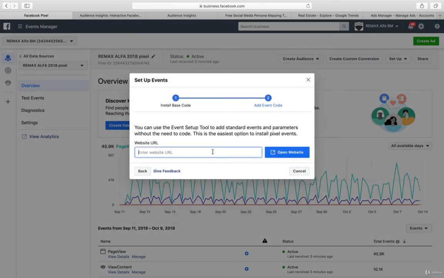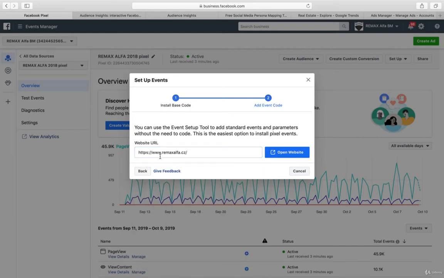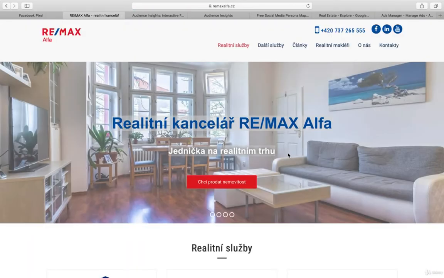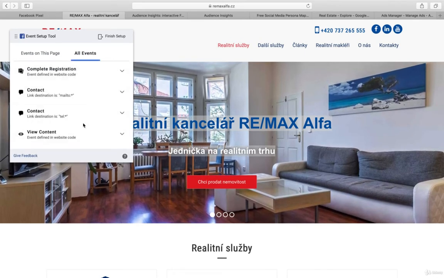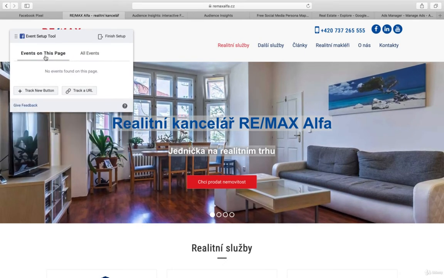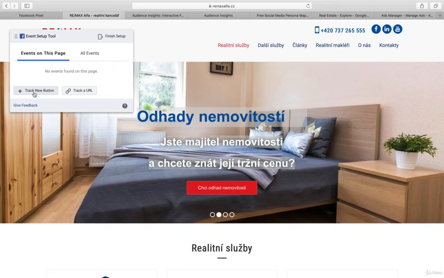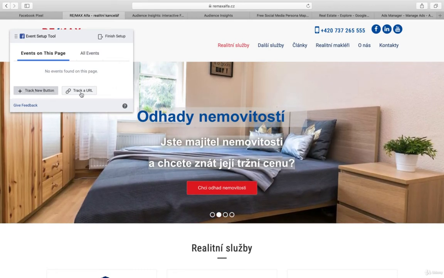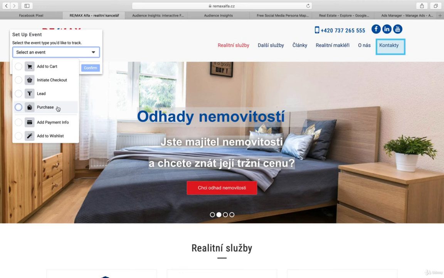And I would love to start working with this website. So you can see Remax, open it. And now you can see that events have been set up through the code. But I would love to track the button, for example. So I would love to track a new button like contact, you know, and basically now there is